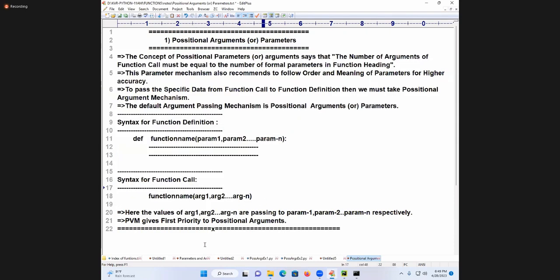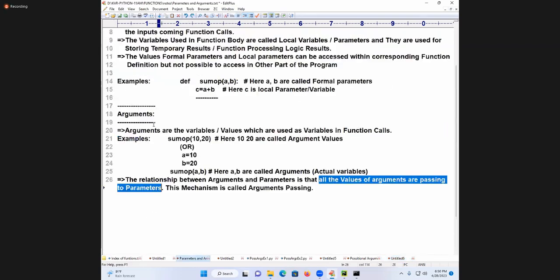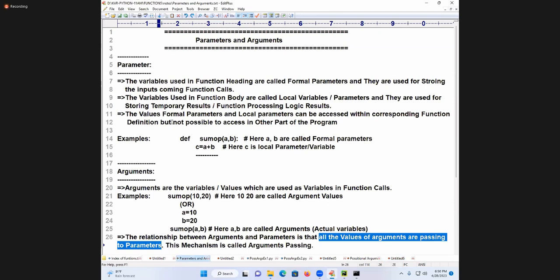Now I am going to introduce another mechanism. Ram is asking, sir, what is the difference between parameter and argument? He must write an imposition in the class. Already explained, or not explained? If he is asking, I myself feel very inconvenient.